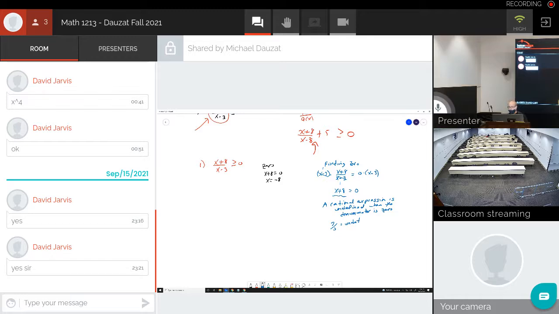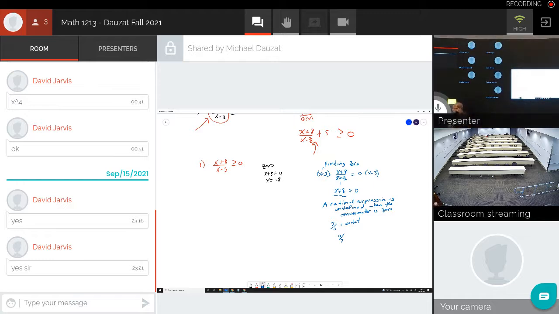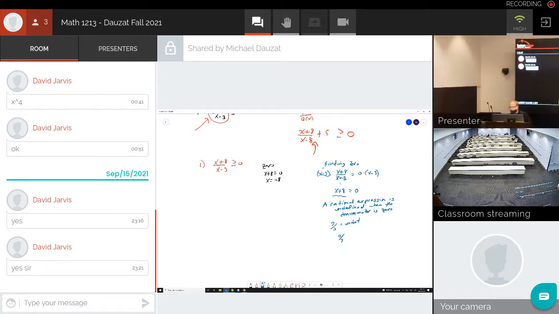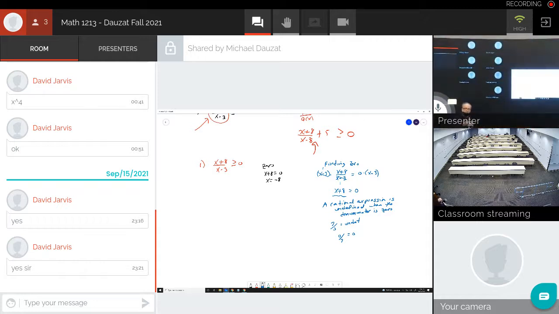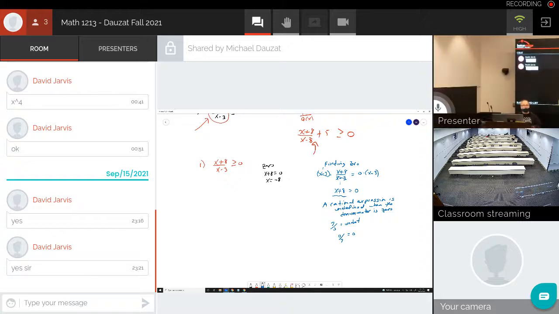Now, be careful. What is 0 divided by 7? 0. That's 0. So a fraction is undefined when the denominator is what, though? 0. So in step number 3, to find out where this rational expression is undefined, you just look at the